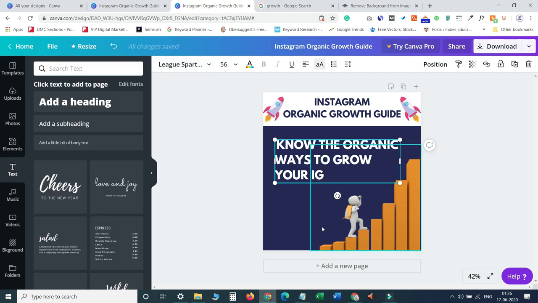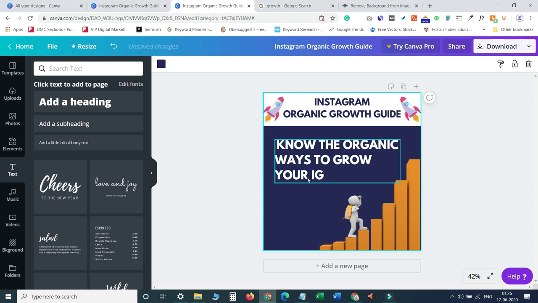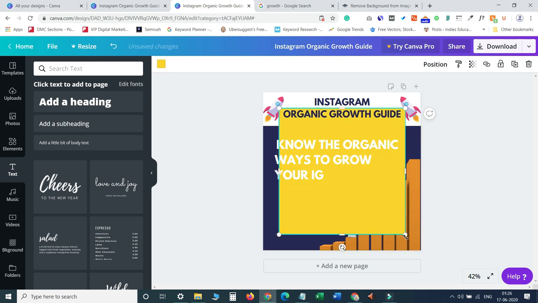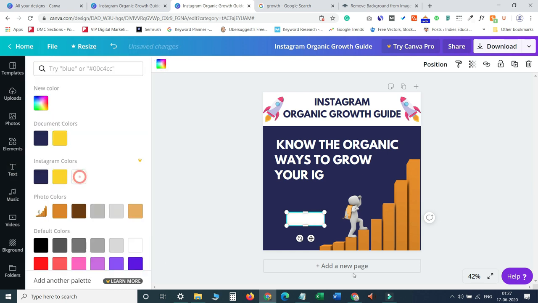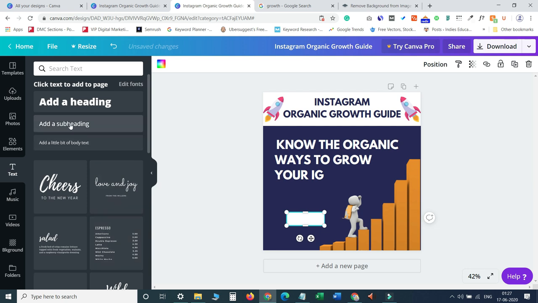Here, again locking this text element. Now again press R, you will get another rectangle. Resize it to the small size and change its color to white. Then again go to text, click on add a subheading